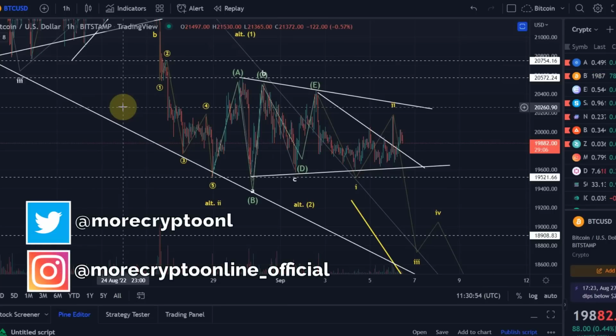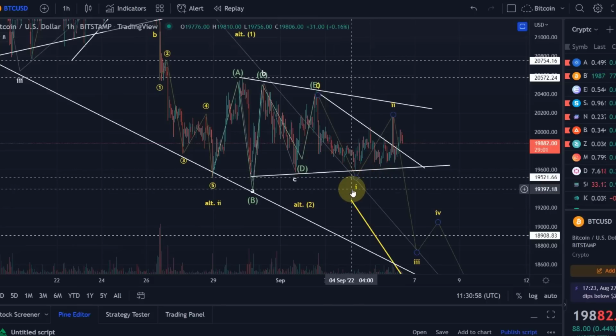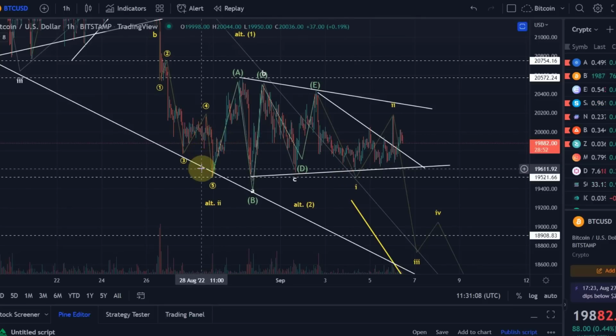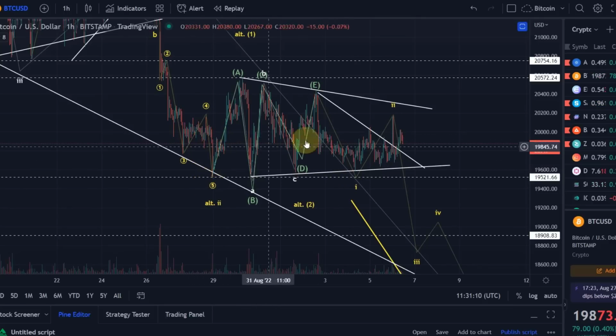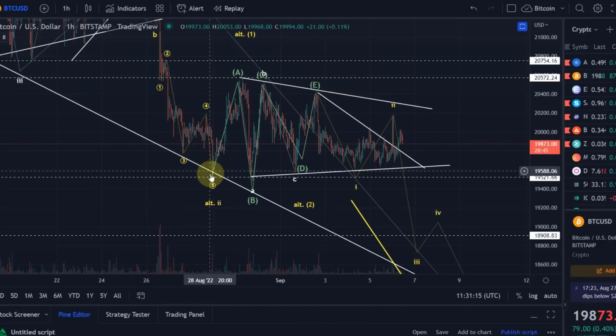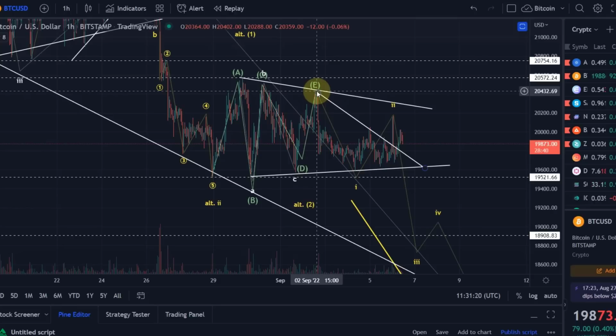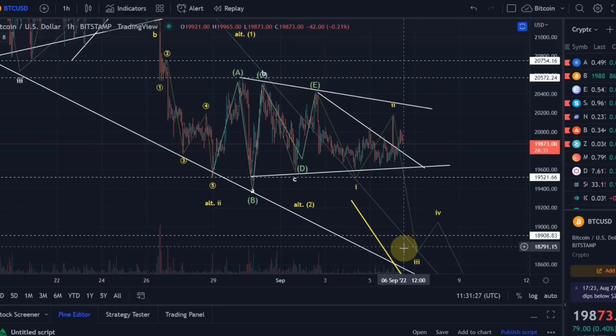So we start here at the lower time frame just now, really unchanged from the previous videos. There's a change we could make. I'm not making it yet. I'm making you aware it might be something that we might want to do at a later stage, because we could understand this entire range that we are doing here as a triangle. At the moment, I have only highlighted the triangle here, all the way to the peak at 20,430. An Elliott Wave triangle, which then would normally break out to the downside.